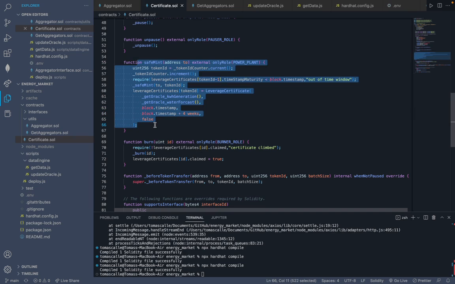and that mint function would create an NFT, and it would link to that NFT some data, and that data would be the generation that power plant had for the last 3 days, or at least that's how the oracle works, and the water forecast for the coming 3.5 weeks. So basically, they would have this NFT, and they could go to the financial company and tell them,